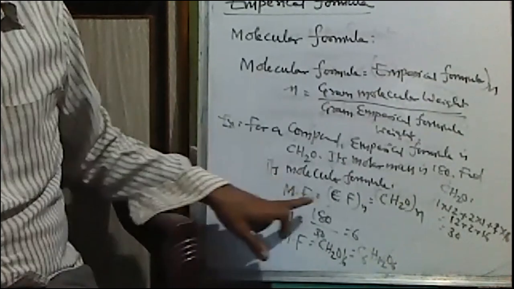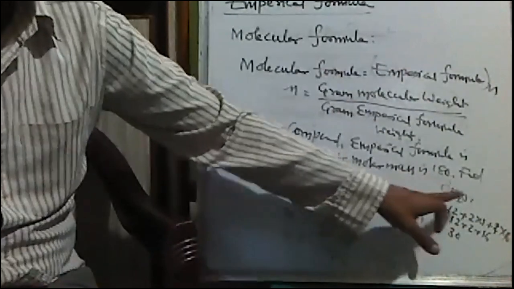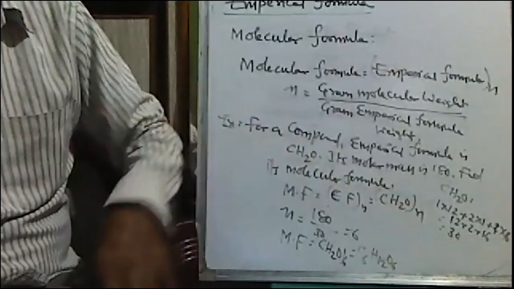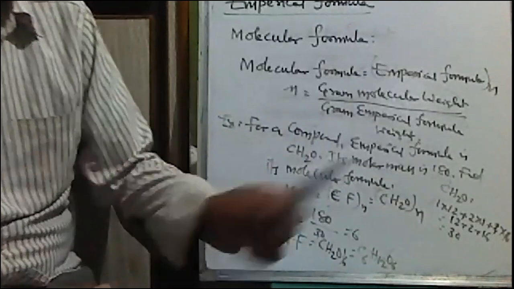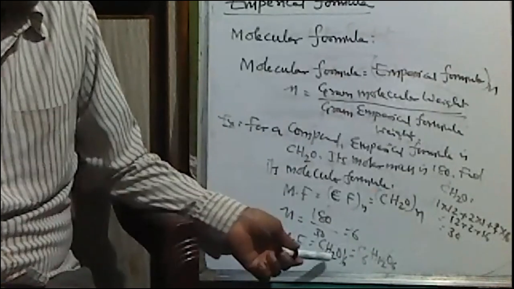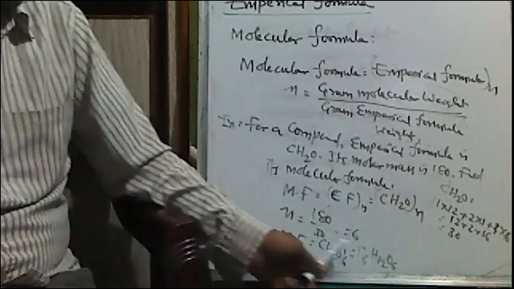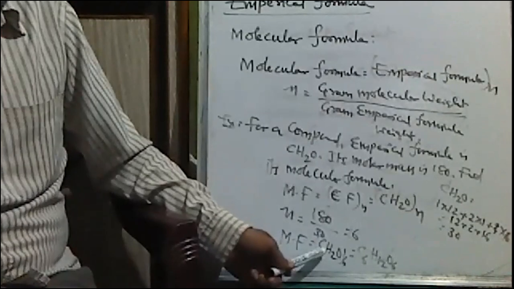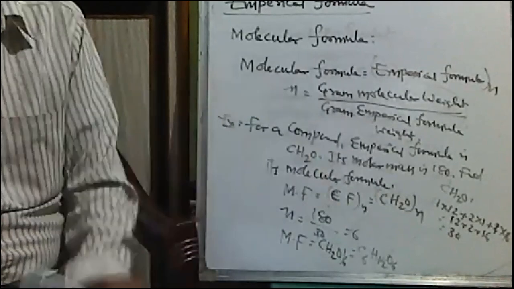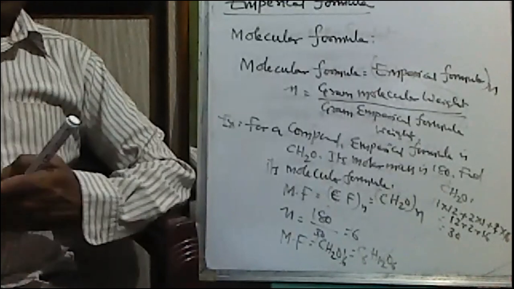Now you see here the gram molecular weight is 180. Similarly, we can find the empirical formula mass. There is one carbon, that's why 1 into 12, two hydrogens, 2 into 1, plus one oxygen, 1 into 16. It is 30. Now n is becoming 6. So the molecular formula is empirical formula suffix n, (CH2O)6, that is C6H12O6. Because I have multiplied: there is no number for carbon, so 1 into 6 is 6; 2 into 6 is 12; and 1 into 6 is 6. So the molecular formula is C6H12O6.